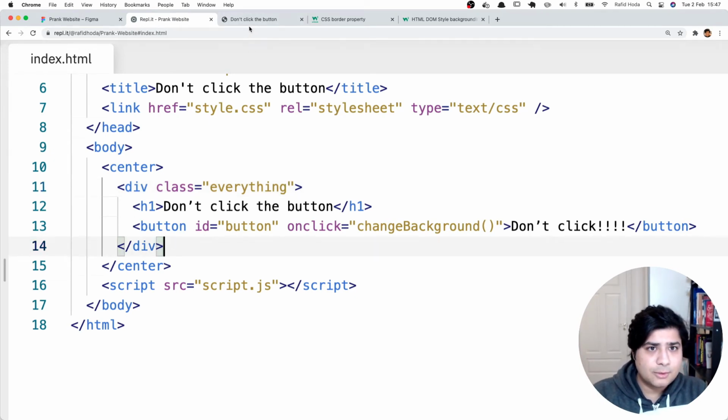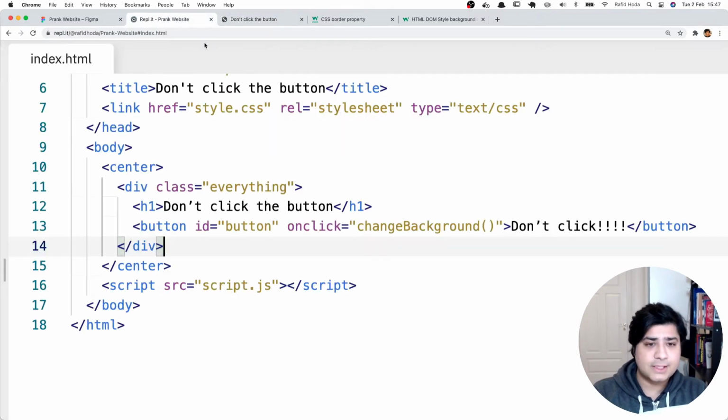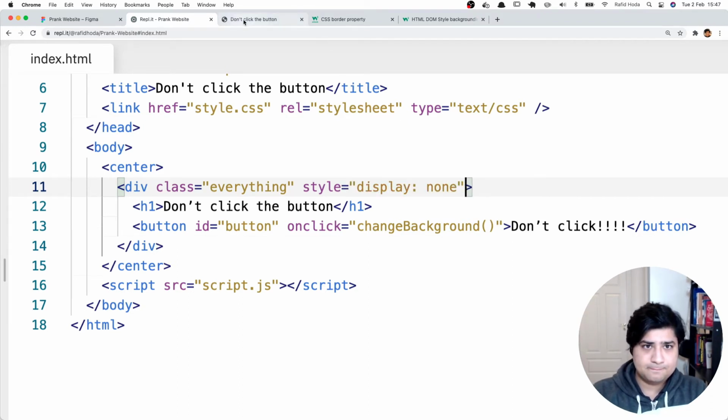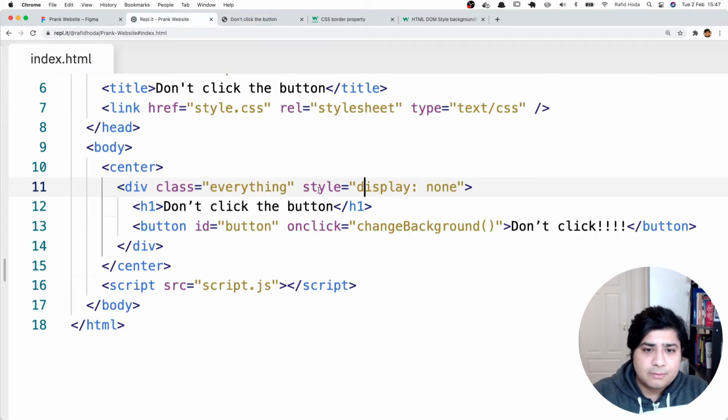So let's see if this still works. Of course, this still works. And the way that you can hide something using CSS is if you go in here and you say style and you say display none, like this, and you refresh, now it removes it. So all we got to do is we got to go into that display setting, you can say, and you can just kind of toggle it on or off. That's how you can show and hide things on your website. So let me remove this,